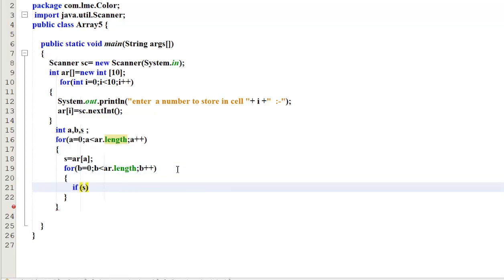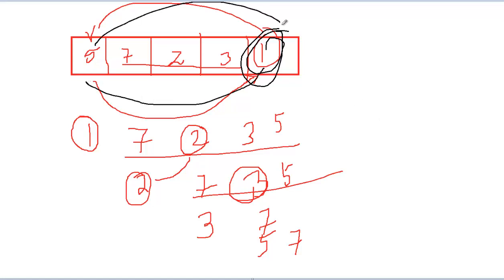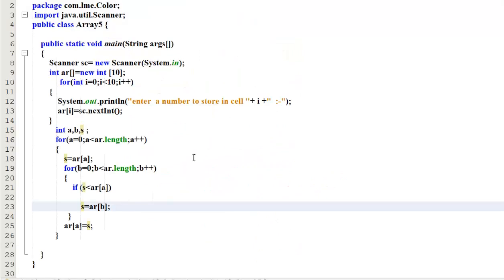If array of b is less than s, then store s equal to array of b. We will store the smallest. Now, when we find the smallest here, the smallest must be replaced with this cell. So this is the technique I have to use here.